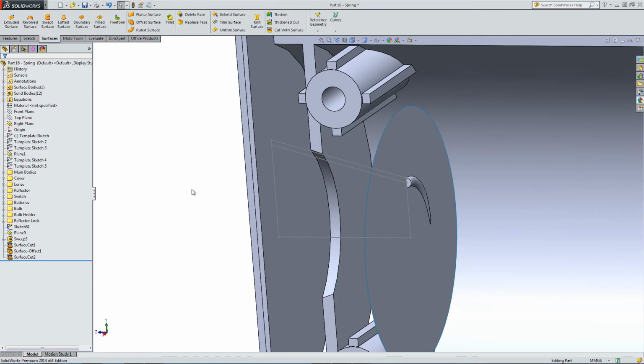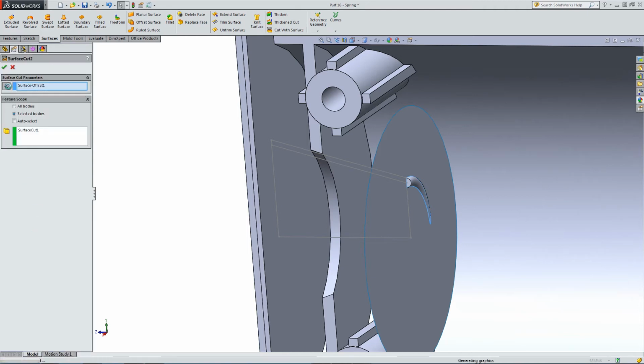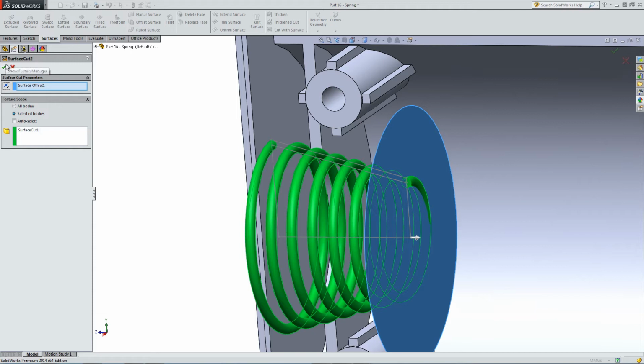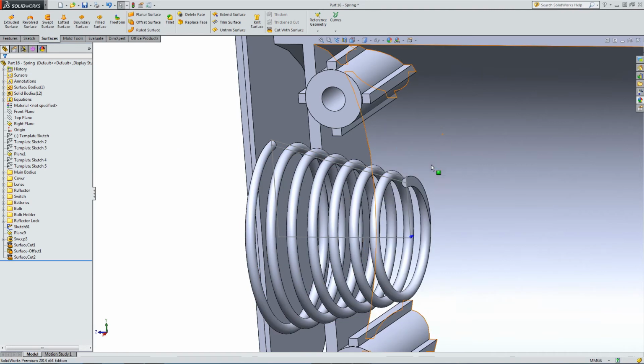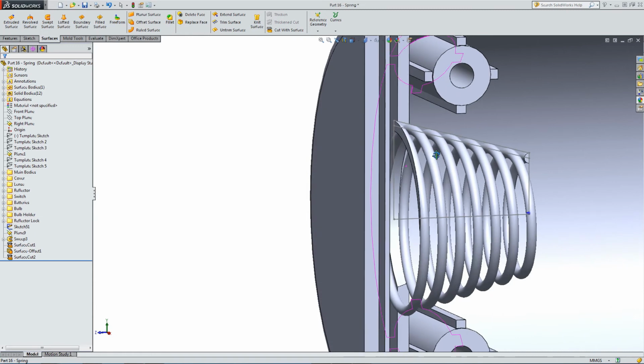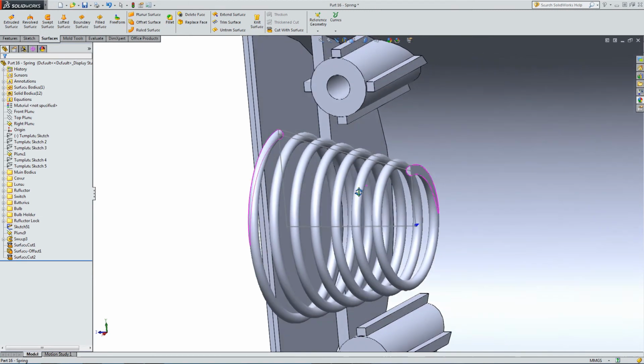As ever, we're going to have to flip the side of the cut. Hide the surface. And then you have a finished spring with two ground ends